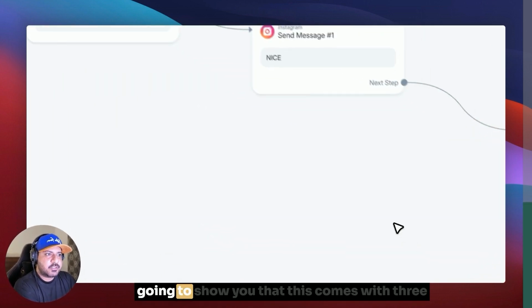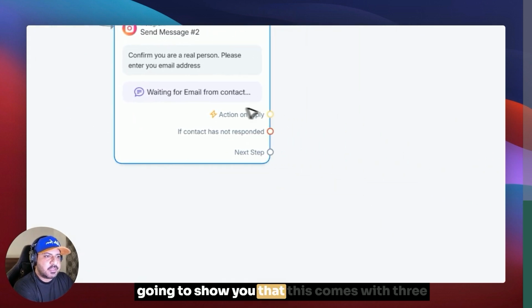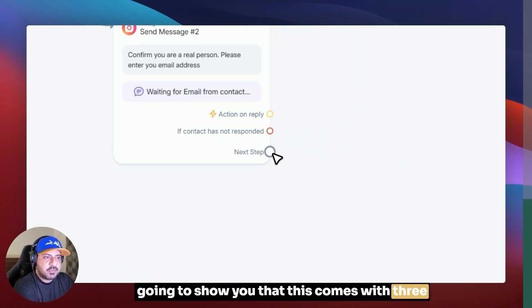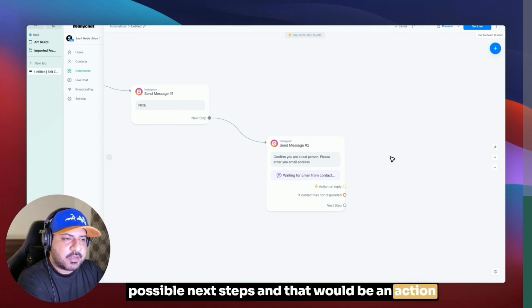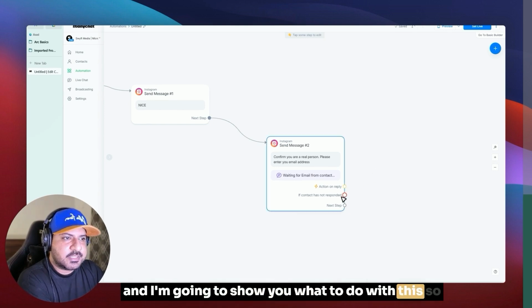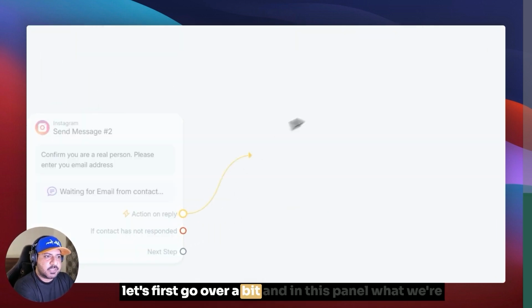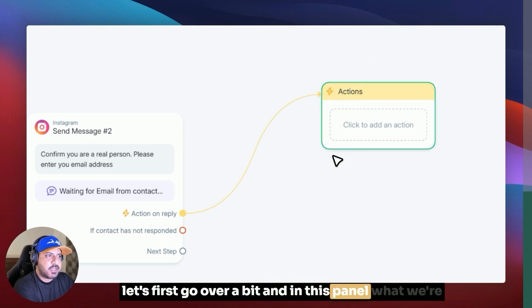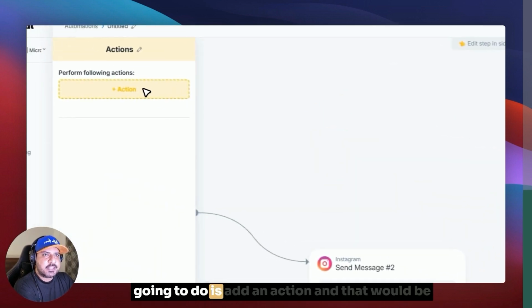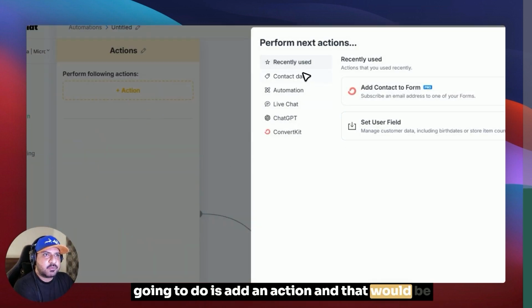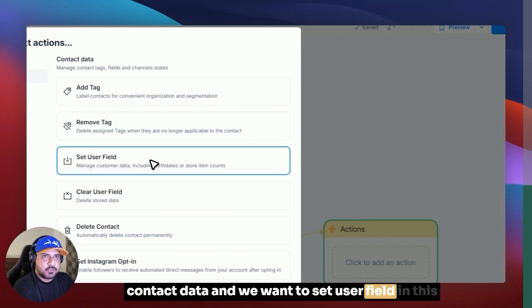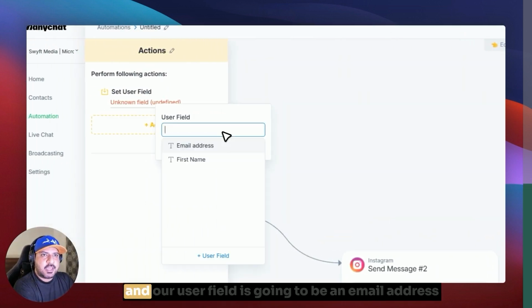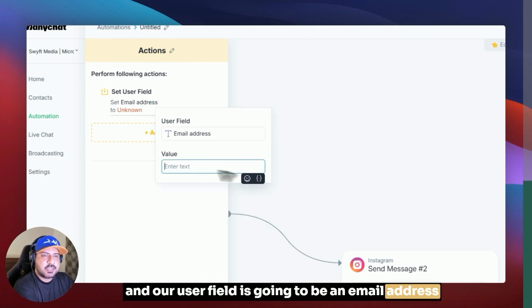And I'm gonna show you that this comes with 3 possible next steps, and that would be an action, and I'm going to show you what to do with this. So first, go over with action, and in this panel what we're going to do is add an action, and that would be contact data. And we want to set user field in this, and our user field is going to be an email address,